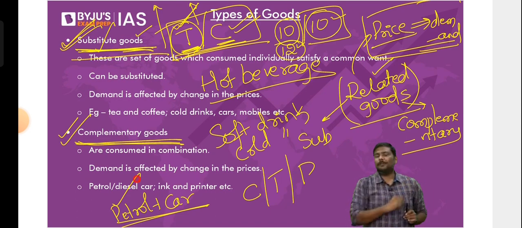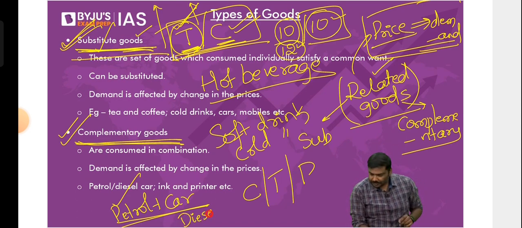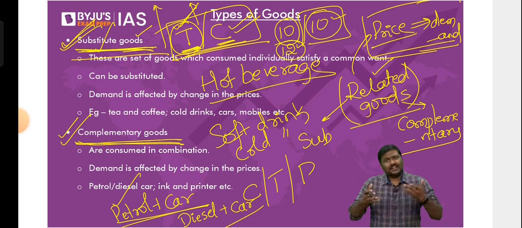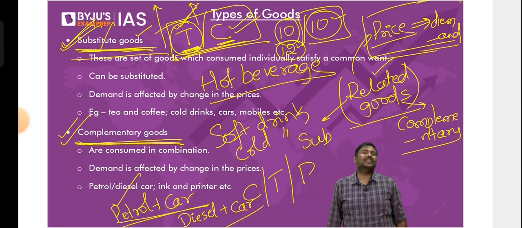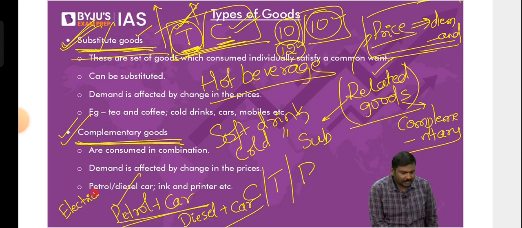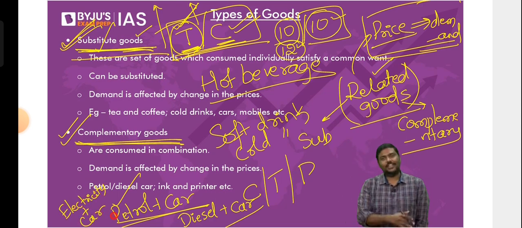Because some of you say, no sir, you're wrong. I don't purchase petrol, I will purchase diesel. Then I will write diesel plus car. Is it okay? Diesel plus car. Can you purchase a diesel car and not purchase diesel at all? Can that happen? No. Some of you say, sir, what about an electric car? I will change this to electricity plus car. I understand this. You can use many permutation combinations. So CNG cylinder, CNG plus car, whatever it is.